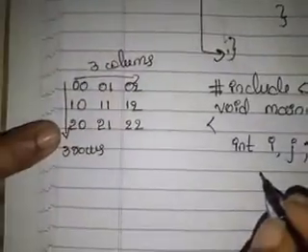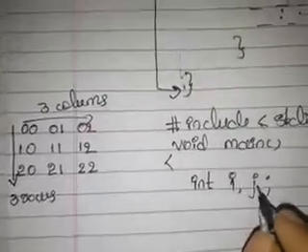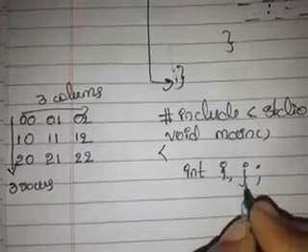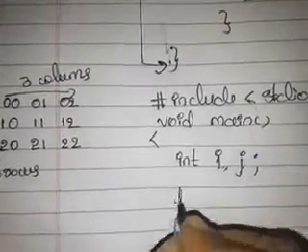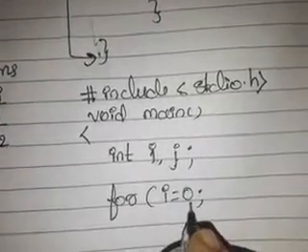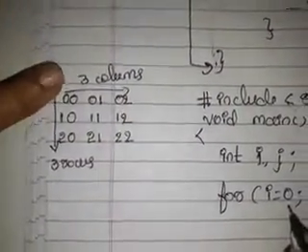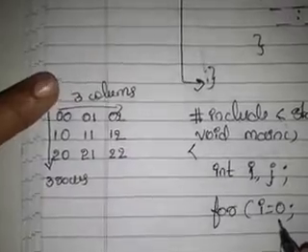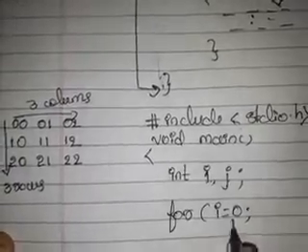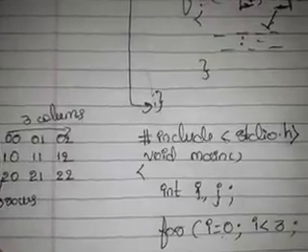See, I want to represent a set of rows and a set of columns. That's why I have taken 2 control variables i and j. Assume that i represents the rows and j represents the columns. So let me take now for i is equal to 0. You may ask me, madam, why have you initialized i is equal to 0? I'll be considering the zeroth row here. Standard mathematics says that we always name rows and columns starting with the 0th index. That's why I have taken i is equal to 0. Then i should be less than 3. Why should i be less than 3?